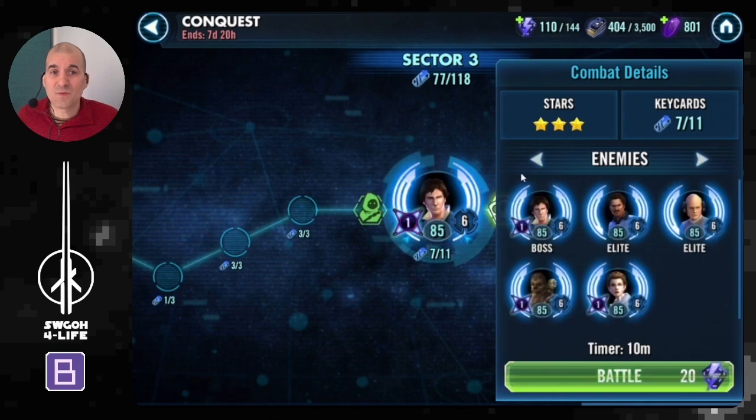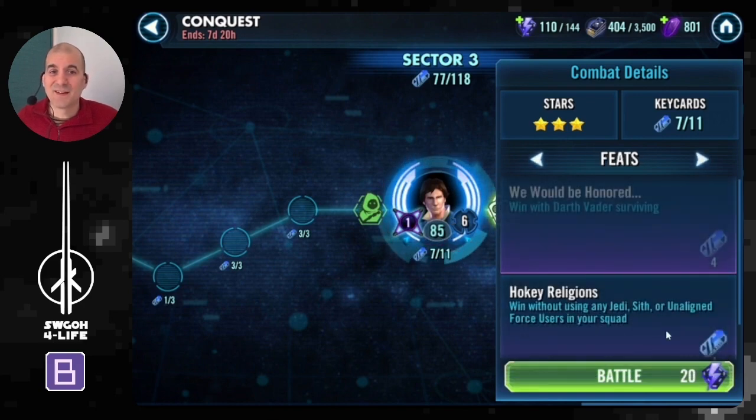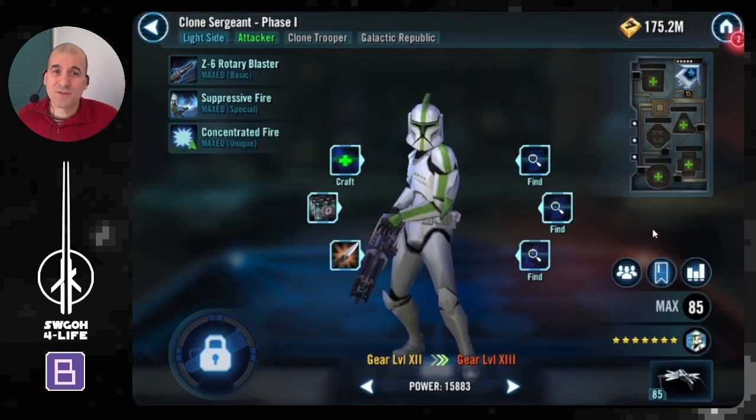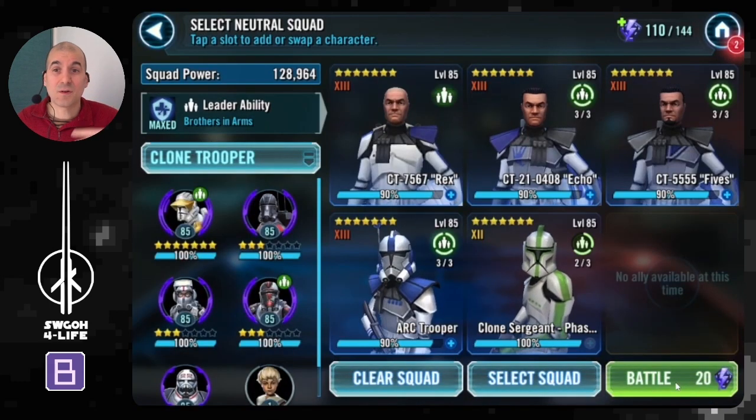I just for fun put a clone sergeant in there. He's a clone, why not, right? But there you go. It's going to be straightforward. Don't even have mods on him at the moment. Doesn't really matter, even if he dies off, because you know the core here, 5 first clones, they can carry